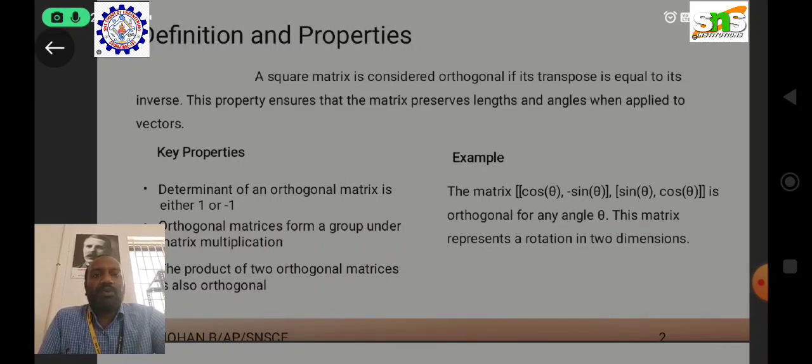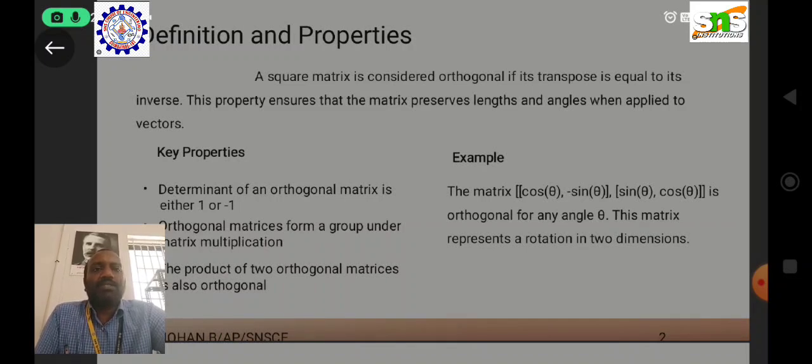Today we are going to discuss the definition and properties of the orthogonal matrix. The orthogonal matrix is basically symmetric and has repeated eigenvalues. For repeated eigenvalues there are three types of eigenvectors, and those eigenvectors go to the